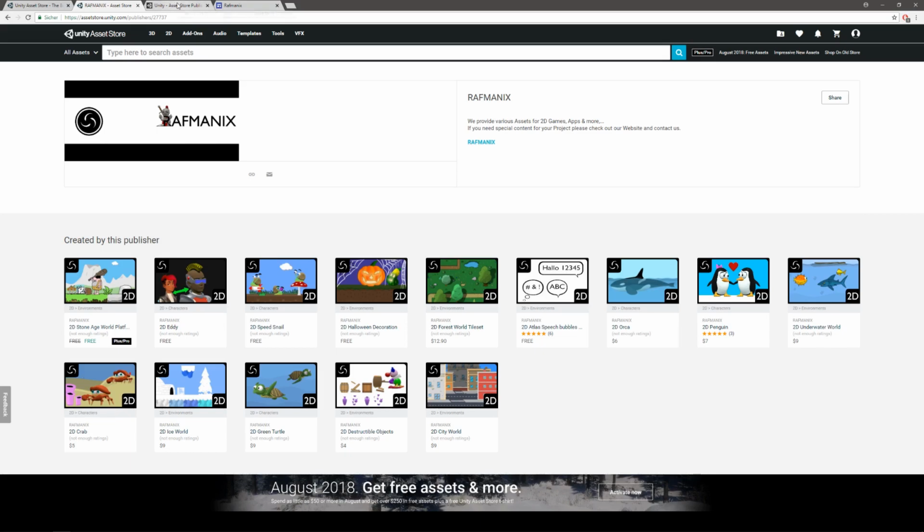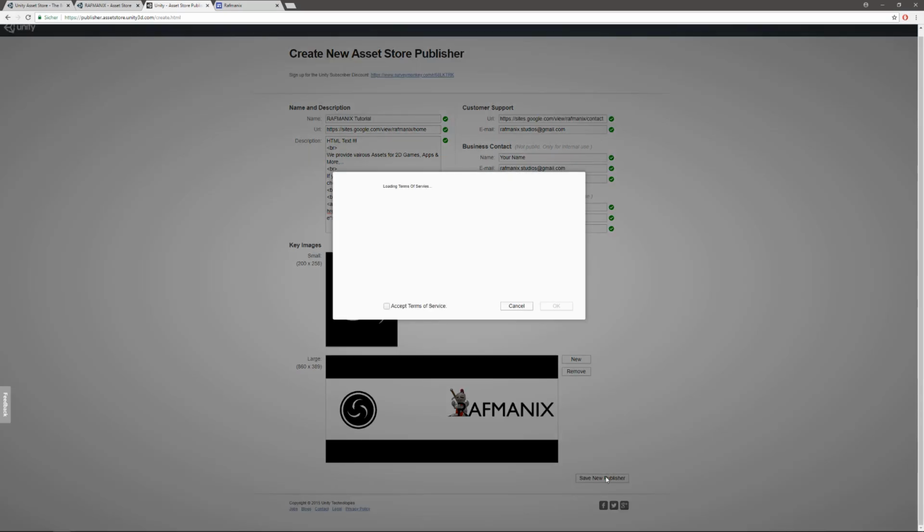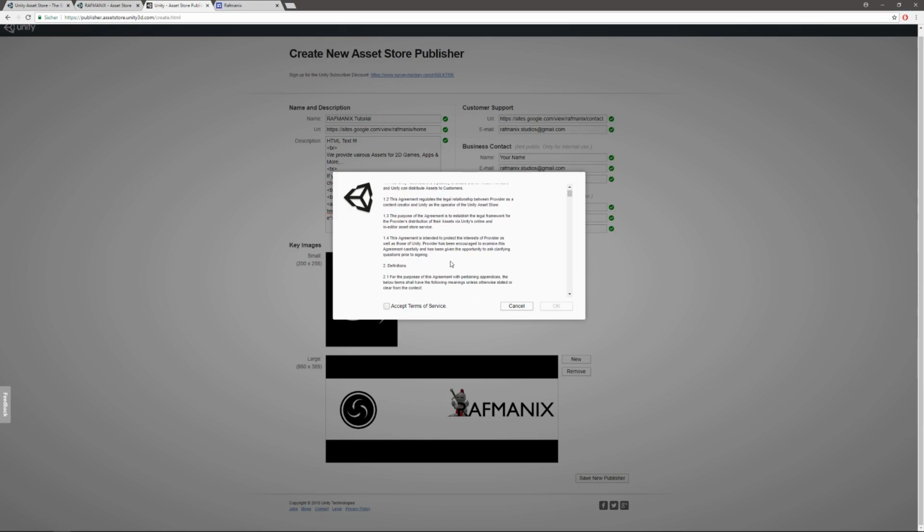If you take a look and everything is correct, click on Save New Publisher. Now you have to accept the terms of service. You can read this.